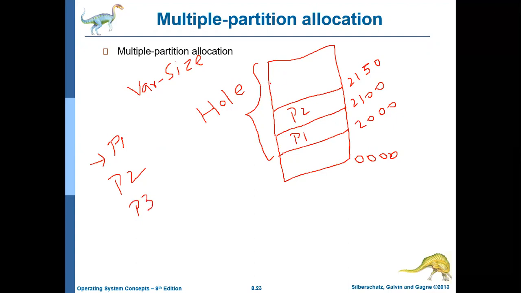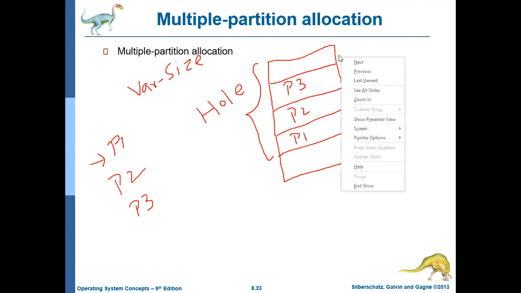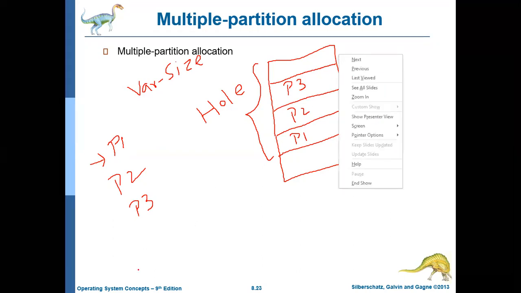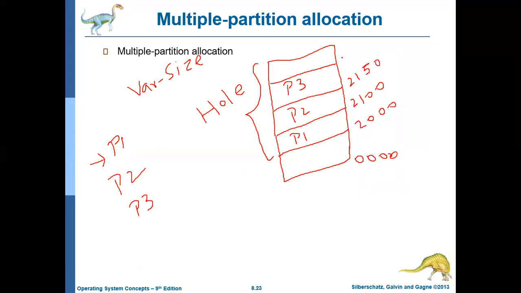Fine, P3 will be allocated 175 MB of memory, from 2150 up to 2325, that is, 2150 to 2324. P3 was given this much memory.